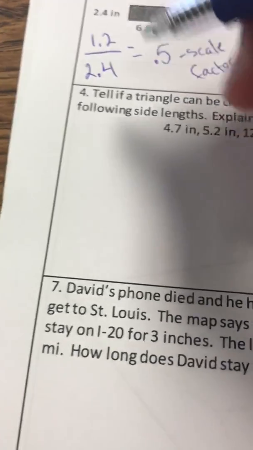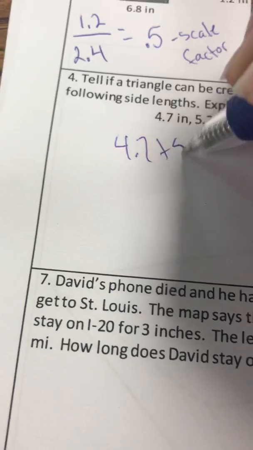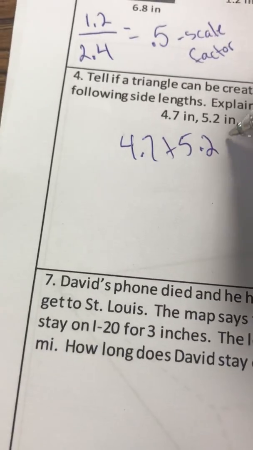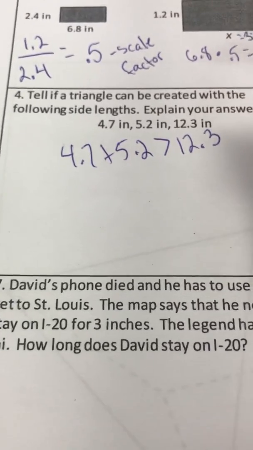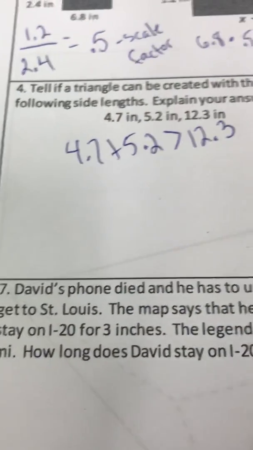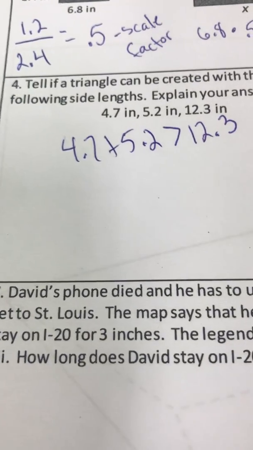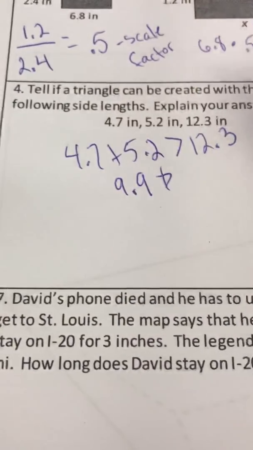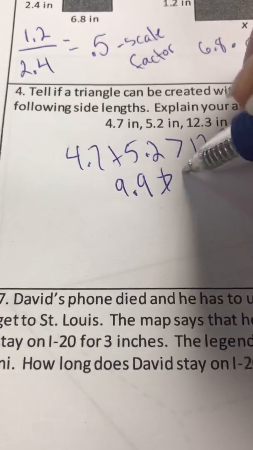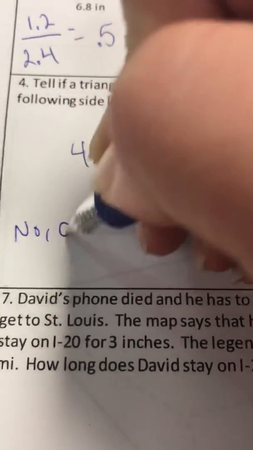So that was to say that 4.7 inches plus 5.2 inches must be greater than 12.3 inches. 4.7 plus 5.2 is 9.9, which is not greater than 12.3. So no,